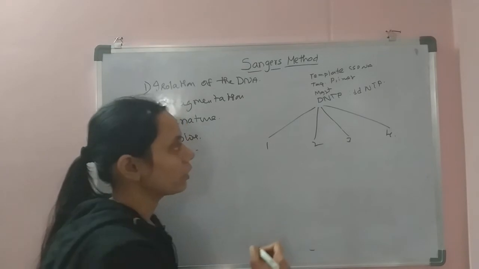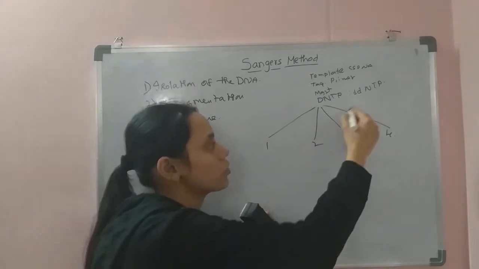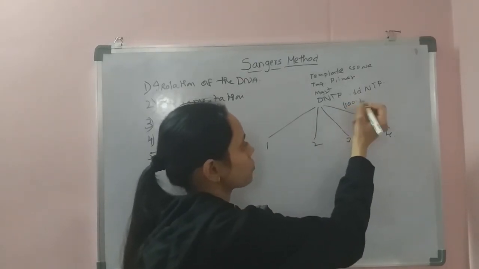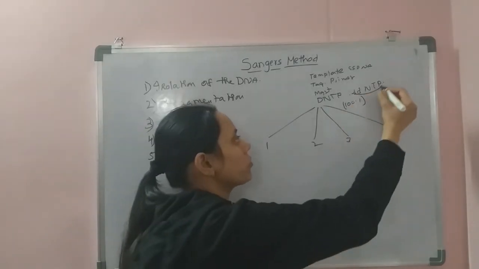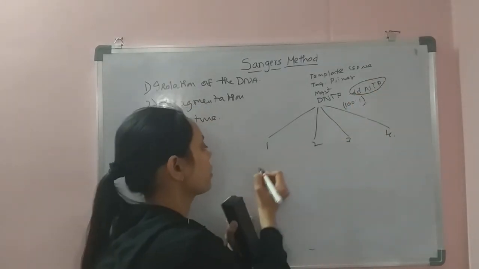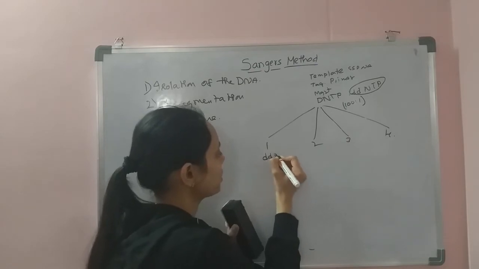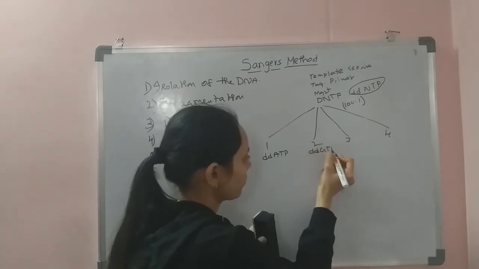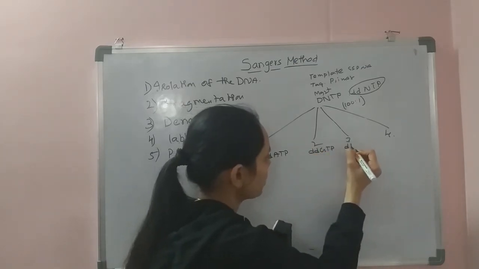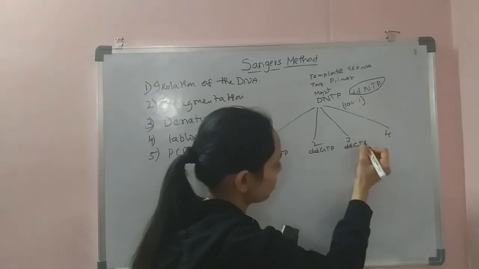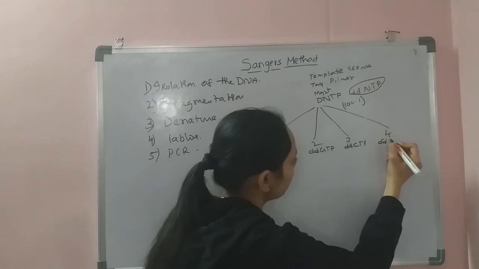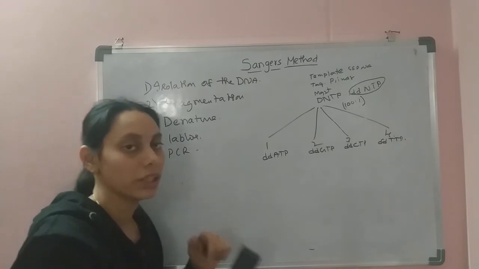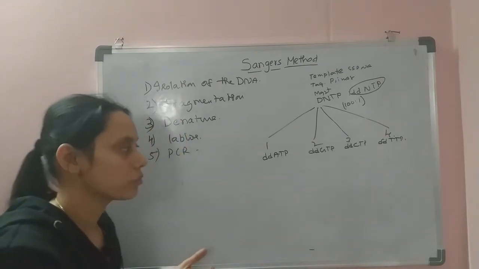And coming to the addition of ddNTP, we are going to add dNTPs and ddNTPs in 100:1 ratio, and these are not common for all tubes, but here to the first tube we may add ddATP, to the second tube we may add ddGTP, to the third tube we may add ddCTP, to the fourth tube we may add ddTTP. So like that 4 kinds of ddNTPs are added to the 4 different reaction mixtures.